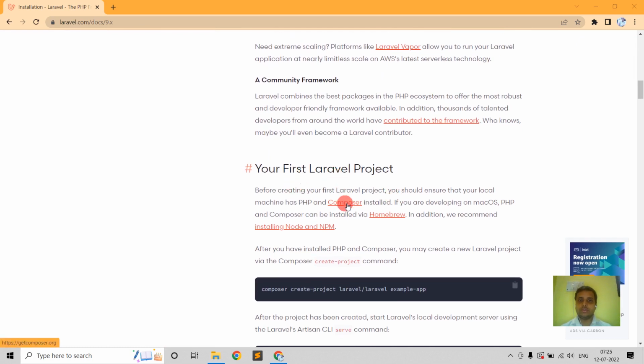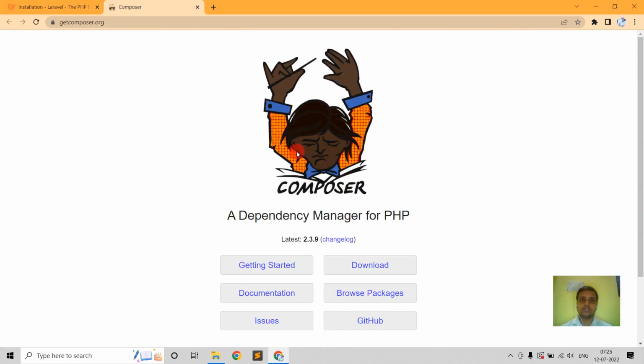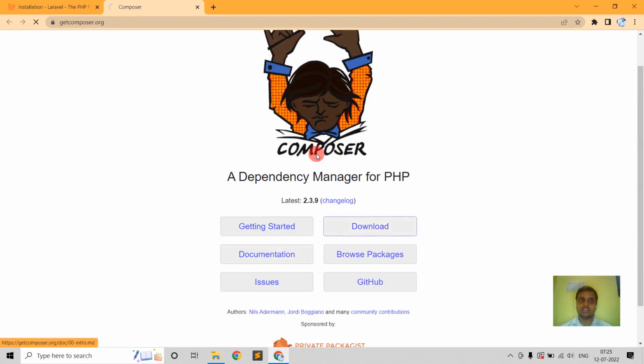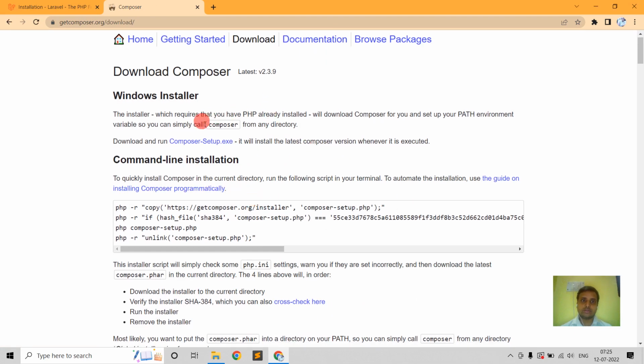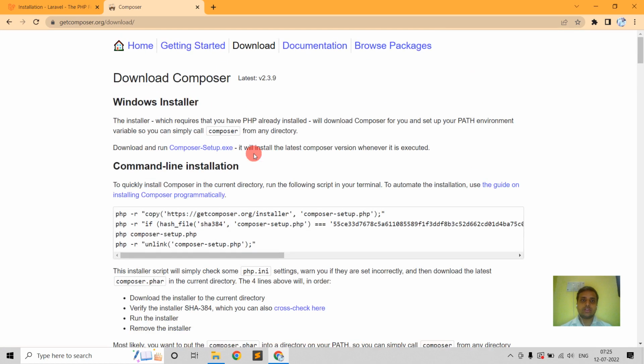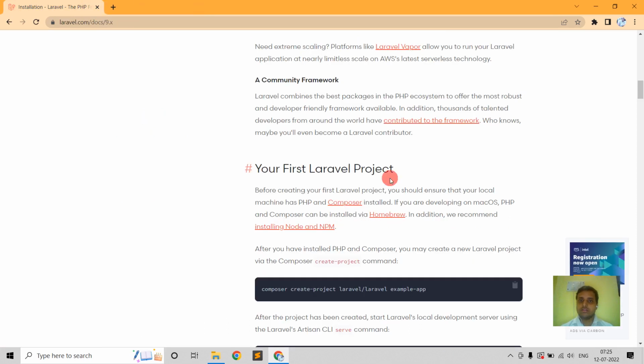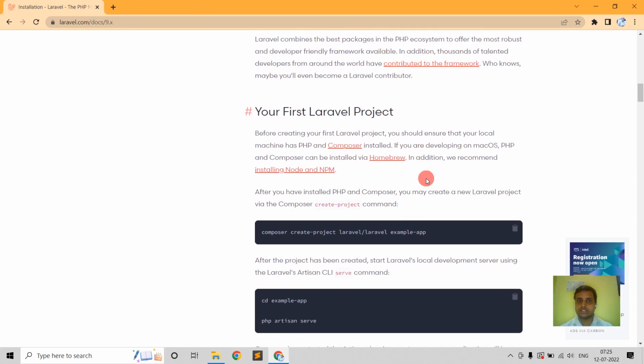Firstly, we need to download Composer and install it on your system. So I am going to open this. Inside the download section, you need to download this Composer-Setup.exe and install it on your PC. I've already installed it on my system. After that, you need to copy this command